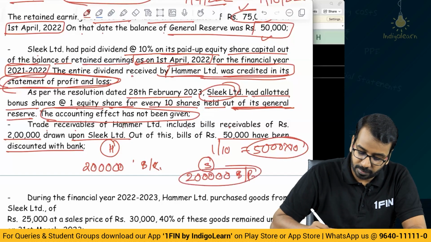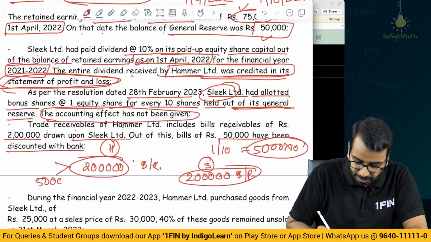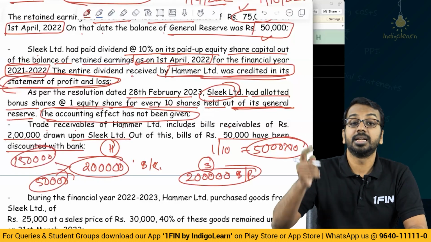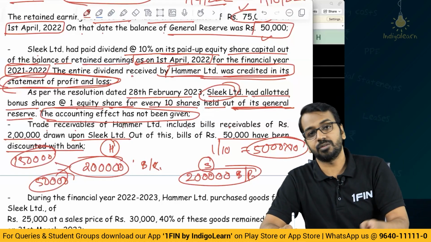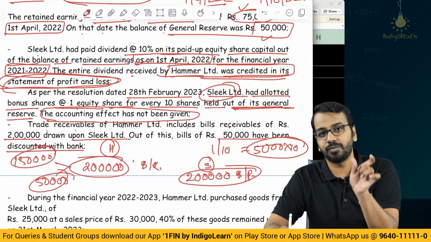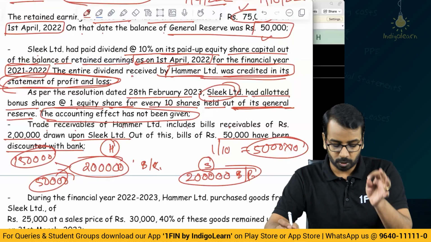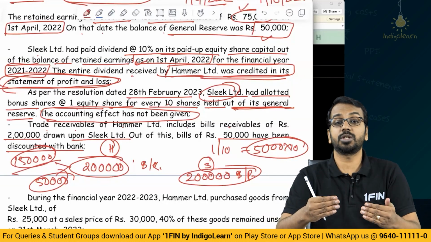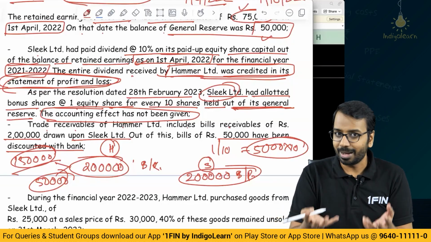It is saying 2 lakh of bill payable, but out of this 2 lakhs of bills receivable, 50,000 is with the bank and only 1,50,000 is with us, which means subsidiary has to pay the holding company only 1,50,000, balance 50,000 has to be paid to the bank. So what is the amount we will eliminate, or what is the amount we will adjust? We will adjust only 1,50,000, that is between the companies. The 50,000 which is payable to the bank is a liability to outsider, and that liability has to be shown